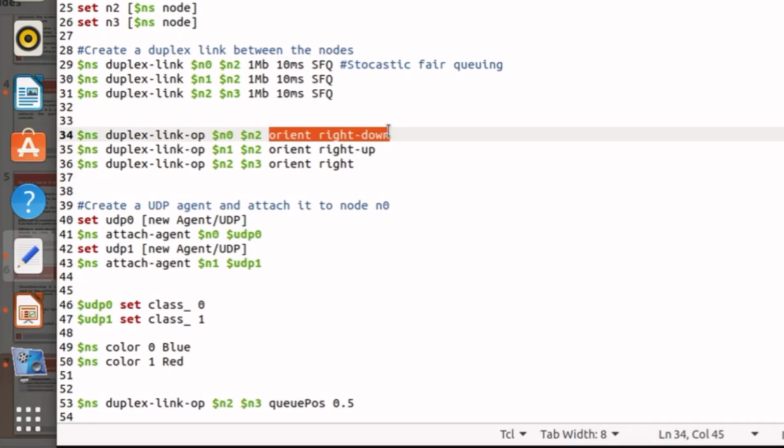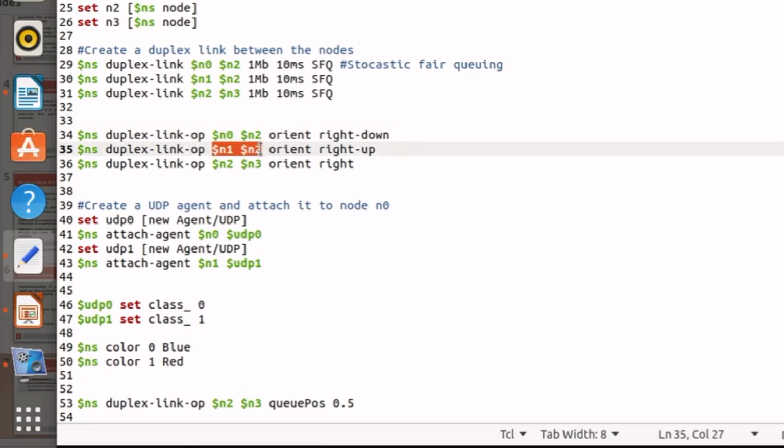When I show you the scenario after running this file, it will be very clear to you. So n0 and n2 are connected with a link oriented in the right-down direction. Now the n1 and n2 link is oriented in the right-up direction, and n2 to n3 is oriented in the right direction.